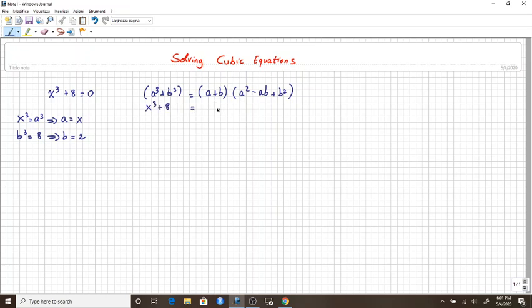On the right hand side, a plus b will be x plus 2 times a squared, which is x squared, minus ab becomes minus 2x, and then plus b squared, which is 4, equal to 0. So, to find the solution, we set up x plus 2 equal to 0, or x squared minus 2x plus 4 equal to 0. From the first one, we just get x equal to negative 2, and for the second one,